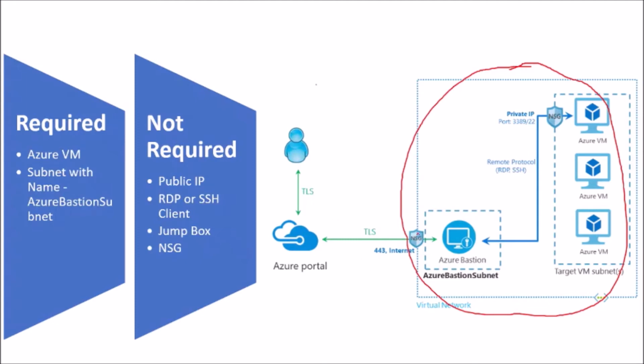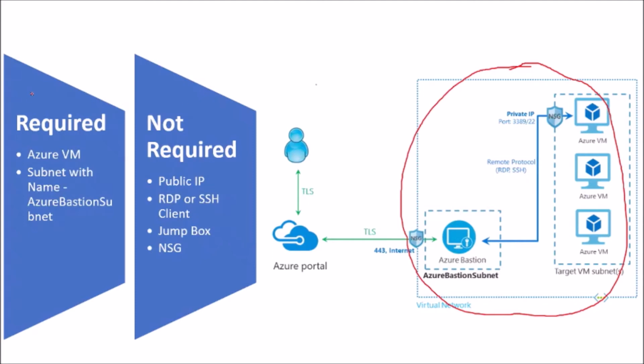And what Azure Bastion does is that it takes the packets, transforms them to a custom protocol, puts them in HTTPS format and then sends them back to the user over port 443. So you don't expose the RDP or SSH port to the public network. And it always connects to the private IP. Even if you have assigned a public IP to your virtual machine, it will never connect to the public IP. It will always connect to the private IP. So if we use Azure Bastion, we don't need to maintain or manage any jump box.